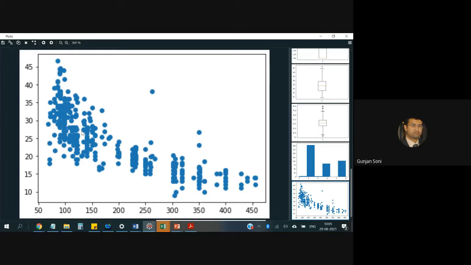Displacement, it is actually displacement volume of the cylinder. So the larger the cylinder, the lower your miles per gallon. I mean, we know that the more horsepower an automobile has, the fuel efficiency is lesser.